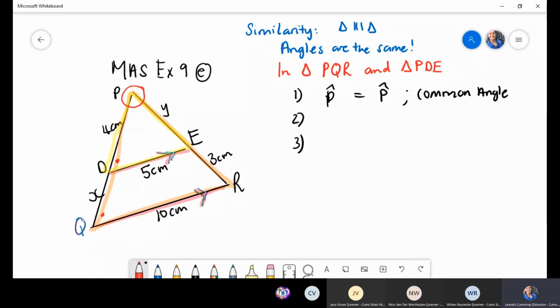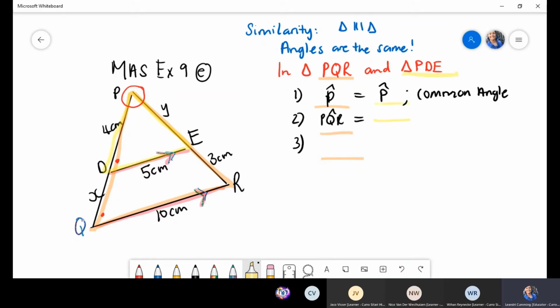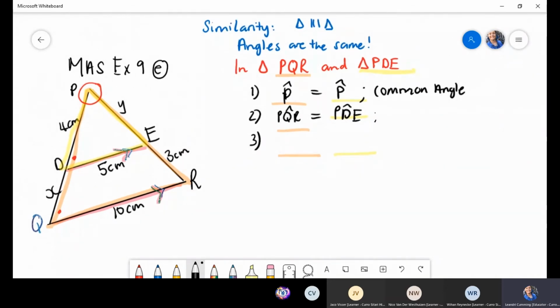corresponding angles. So let's go straight to, in my big triangle, I've got angle PQR equal to, in my small triangle, because I must state, firstly, my small triangle is the second triangle, my bigger triangle is the first one. Everything in my first triangle is equal to, then follows everything in my small triangle. So PQR is equal to angle PDE. Why is that the case? Right, corresponding angles, but